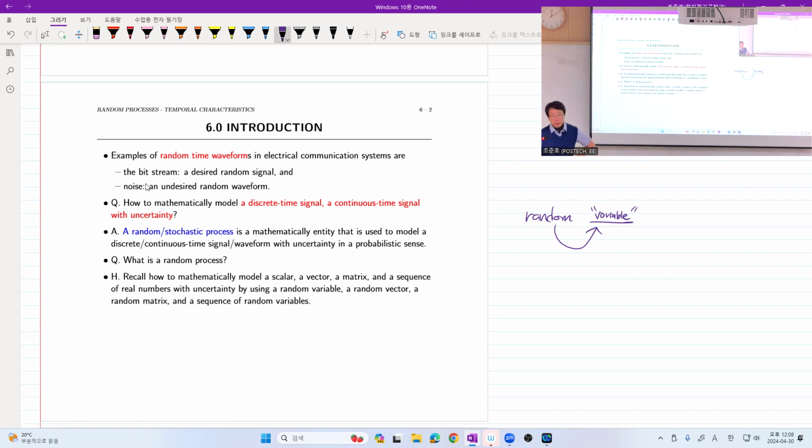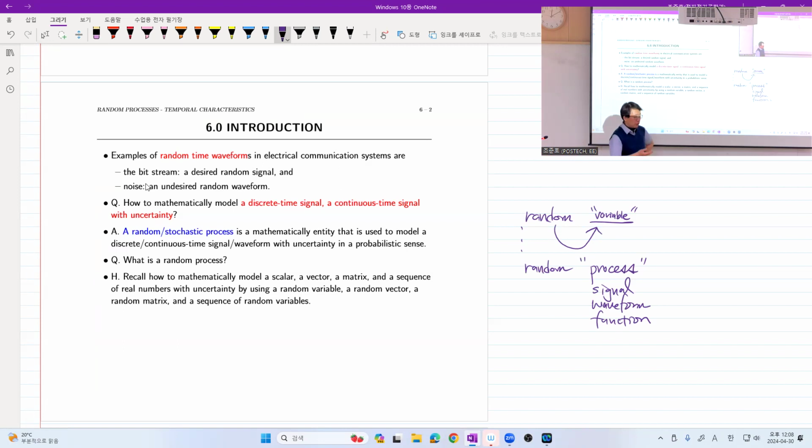Actually, that is good because that is not incorrect. That is just imprecise, okay? So as we do, what is a random process? Here goes the problem. What is a process? So we'd better say random signal or random waveform, okay? Or a function if you want. So if I say